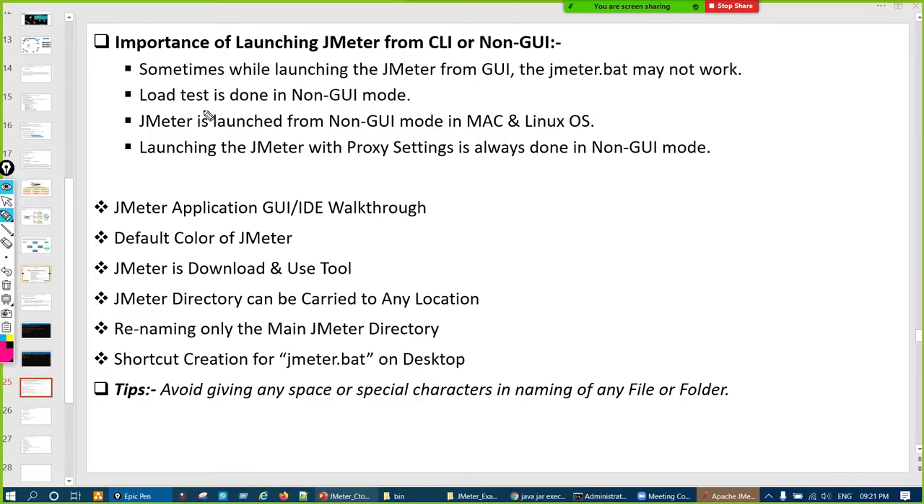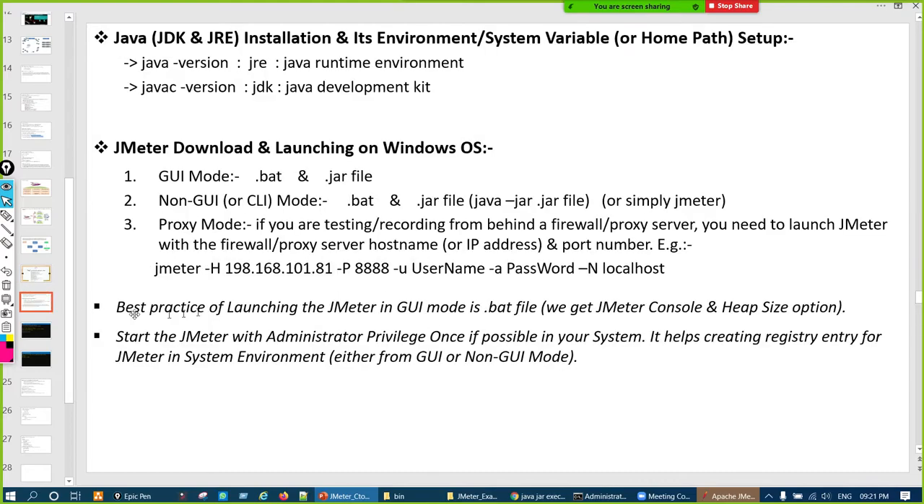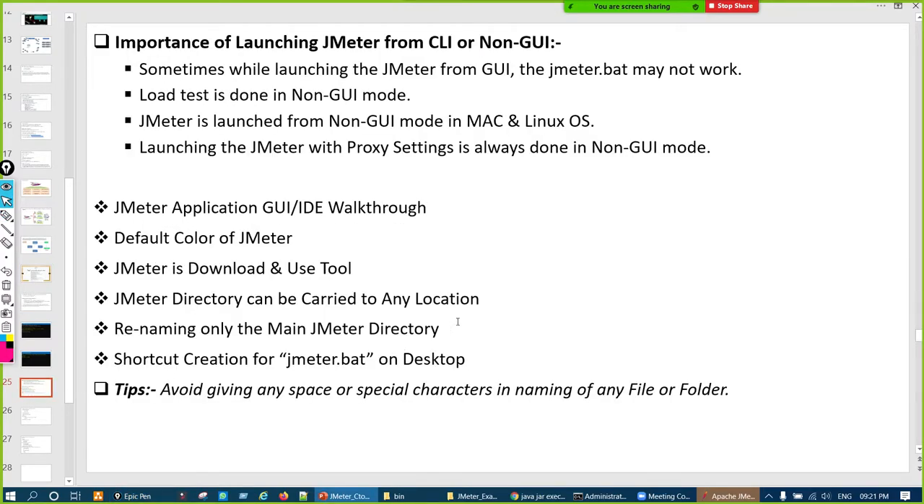Then there is the third launching mode of JMeter, the proxy setting. When this situation comes, at that time also we have to launch JMeter in non-GUI mode only, the CLI mode, command line interface, or non-GUI mode. So these are the importance, and why we should know launching JMeter in the CLI or non-GUI mode, because of these reasons, and they are helpful. Going forward we have to face them, and that's why we have to know them. Okay,